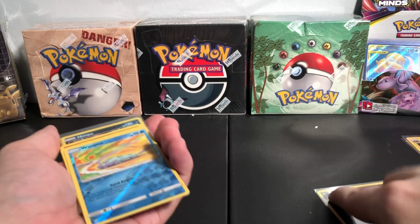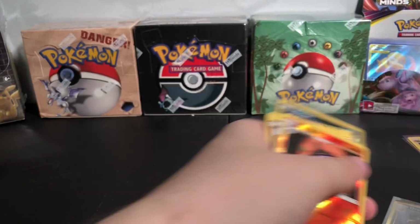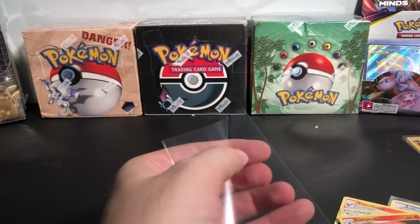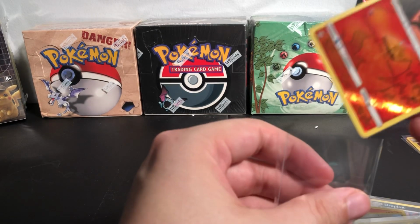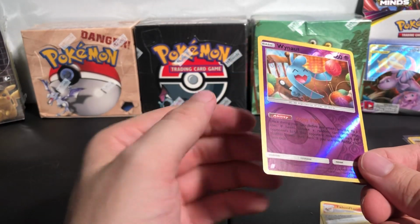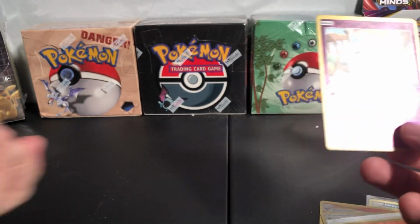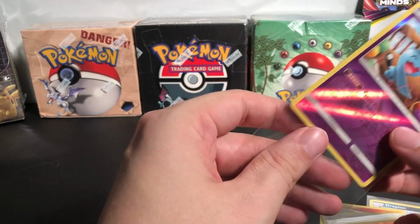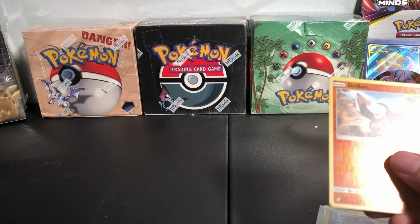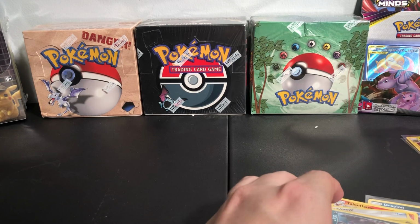Let's go ahead and sleeve these guys. So we got Wimpod. Let's grab some sleeves. Reverse Holo Wimpod, huh? Lampent. He's an uncommon. I don't know how I feel about the reverse holos. I feel it's for people who have a favorite Pokemon, but it's not a rare Pokemon card, and they're like, well, let's make a holographic version of it anyways. I think that's okay, but I also think it kind of detracts from the value of actual holographic cards, right? Kind of makes you feel like they're less valuable than they used to be, because everything can be